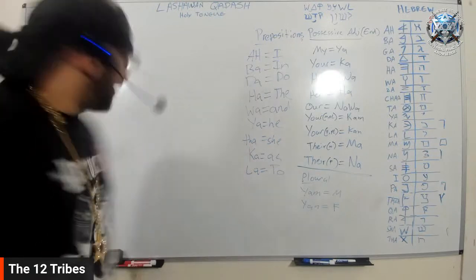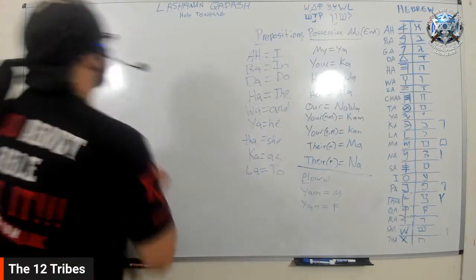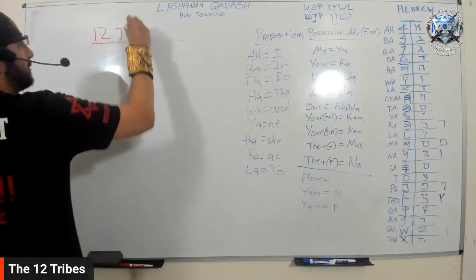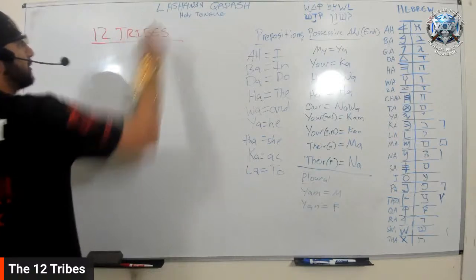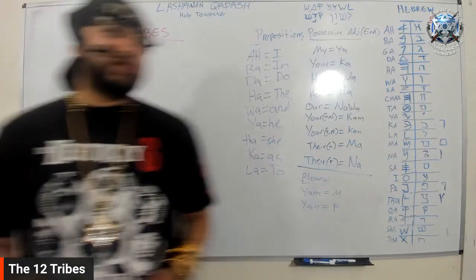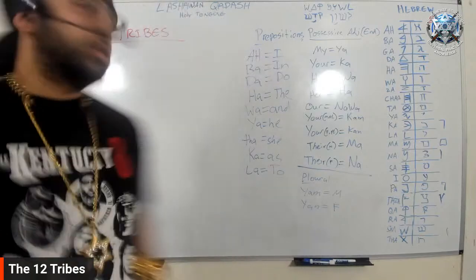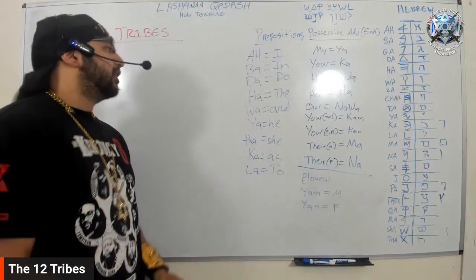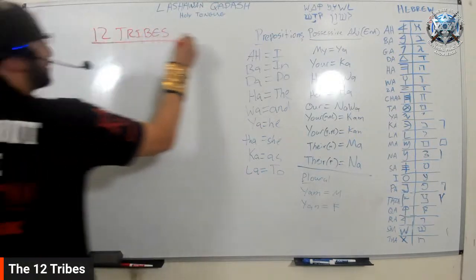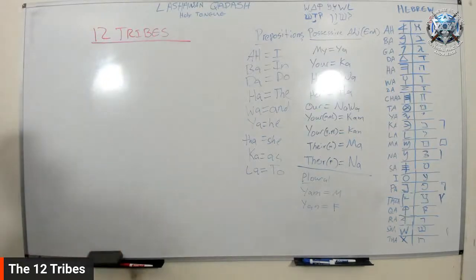What we went over last class is we started to go over the 12 tribes of Israel. The 12 tribes of Israel. So what we're going to do is a quick recap over the 6 that we've already done, and then we will continue and get the second half of the tribes that we were looking to cover from last class. The 12 tribes of Israel go in as such in this exact order. For those of you tuning in online, if you have a notebook, pen, and paper, I suggest you go ahead and write that down.